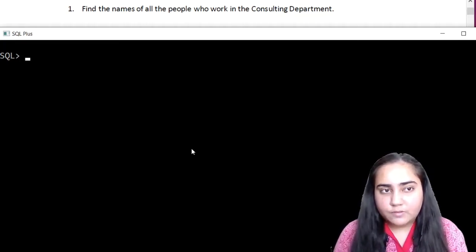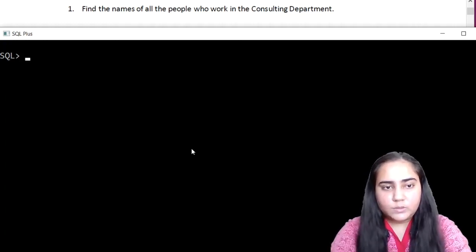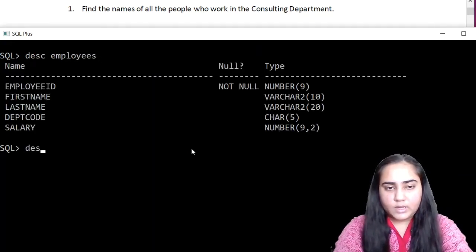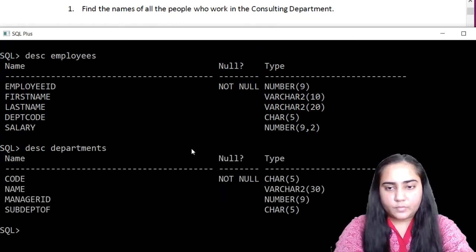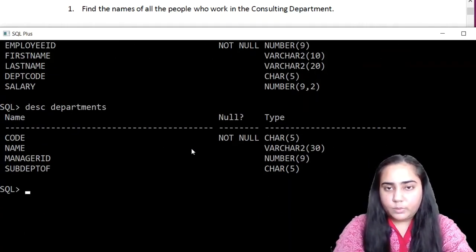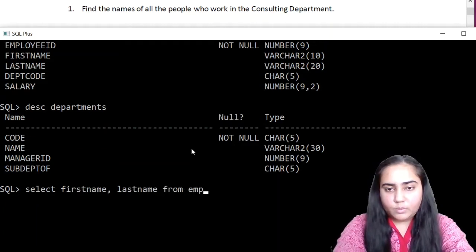Now, the first question you can see on the top of your screen says, find names of all the people who work in the consulting department. This would require the use of two tables. One is the employees table, which looks like this, and the second one is the departments table, which looks like this. To find the names of people working in the consulting department, I would be doing it using a join like this. I will select the first and last name from employees